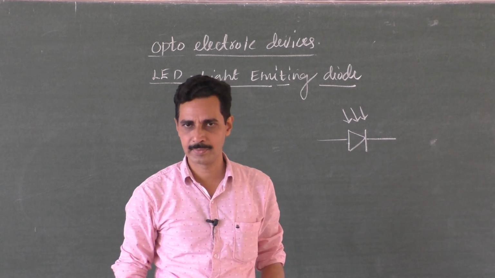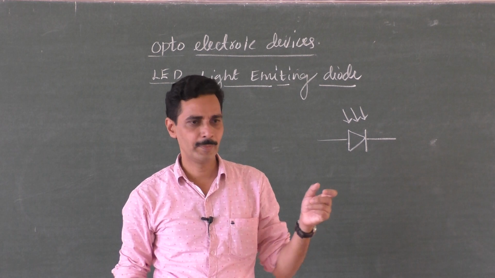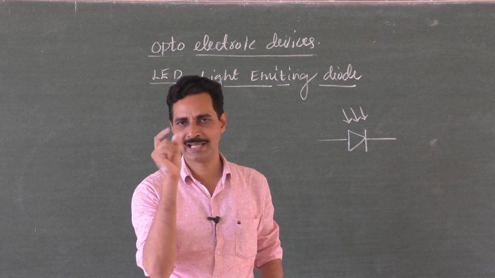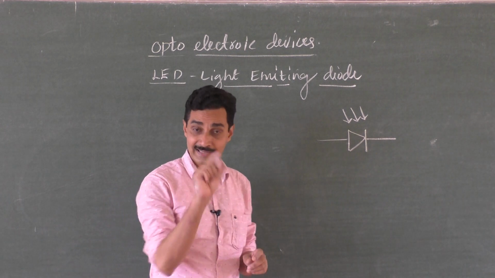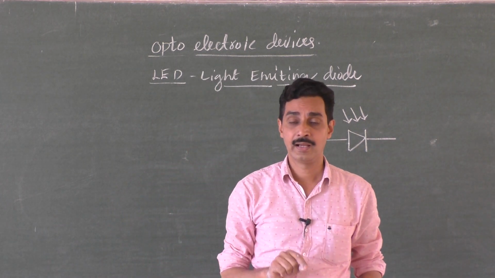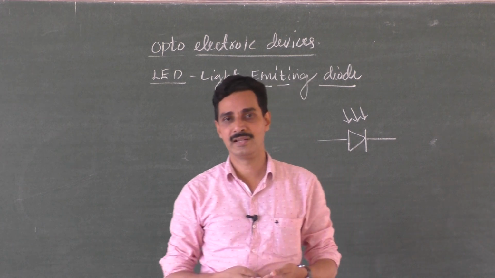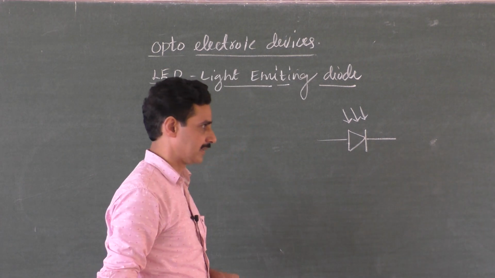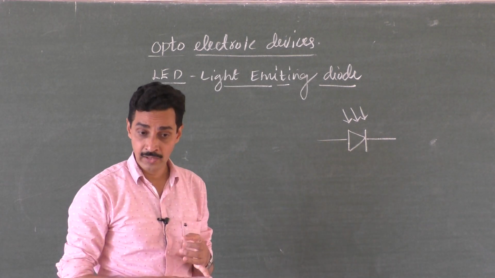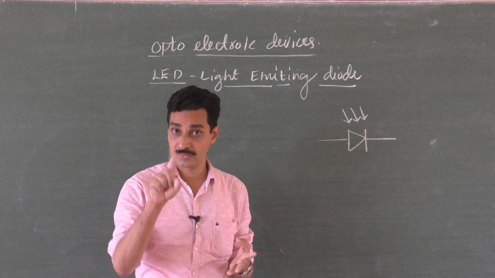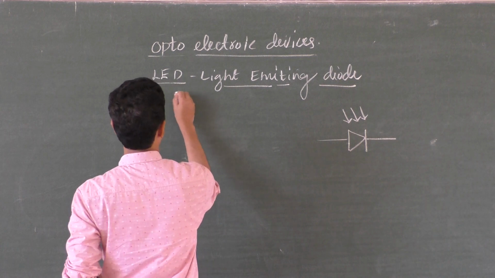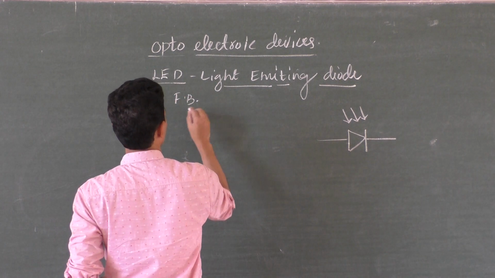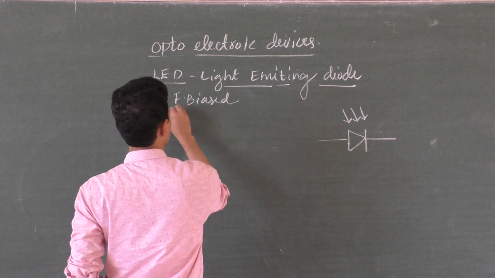When you switch on a power supply or when you switch on a mobile charger, you get a small red light in that. That is LED, light emitting diode. It is not a bulb. It doesn't contain a filament. It has no filament at all. It has a PN junction inside it, but it is forward biased. We have seen Zener diode reverse biased, photodiode reverse biased, but LED forward biased. LED is used in forward biased condition, always forward biased.